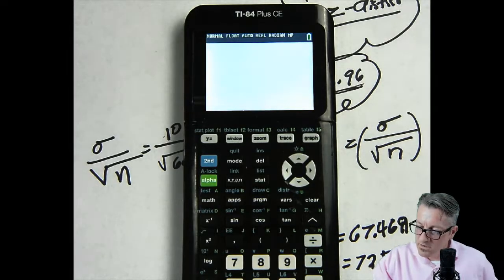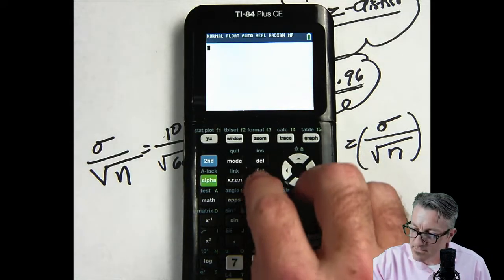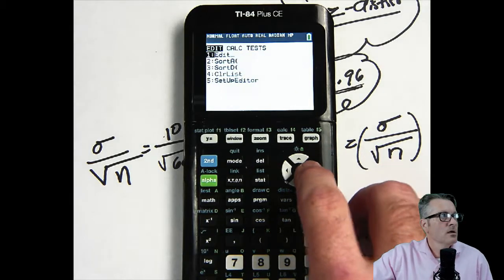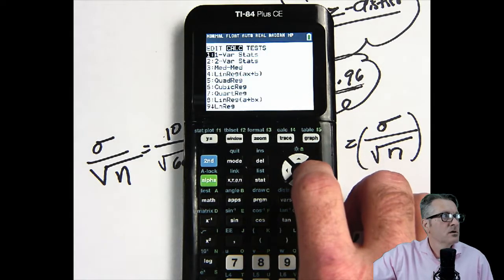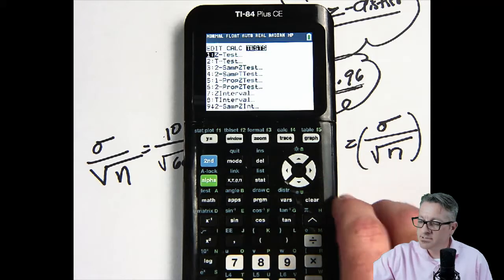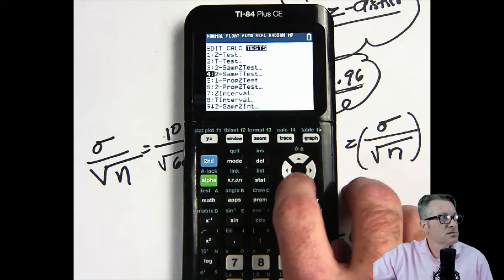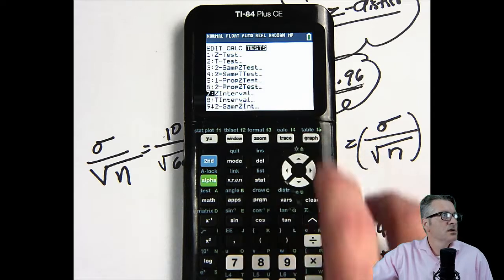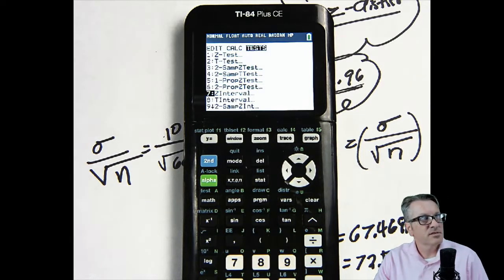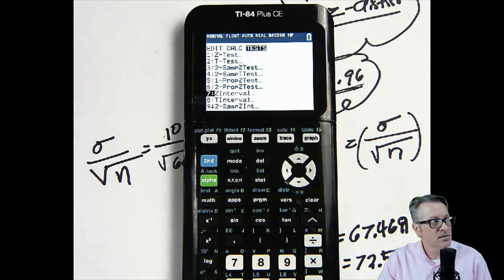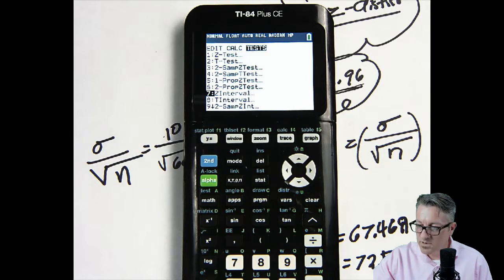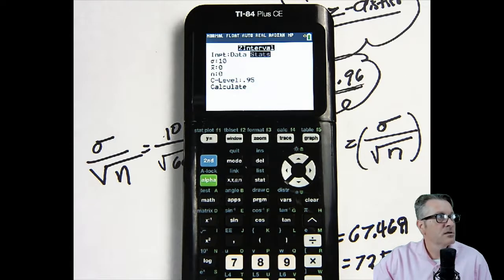Okay, on the calculator, we go to Stat, then go over to Tests. And if we go down, actually it's easier going down in this case. On the TI-84 Plus CE, it is the number 7 option. It might be a little different depending upon which version of Texas Instruments you're using.